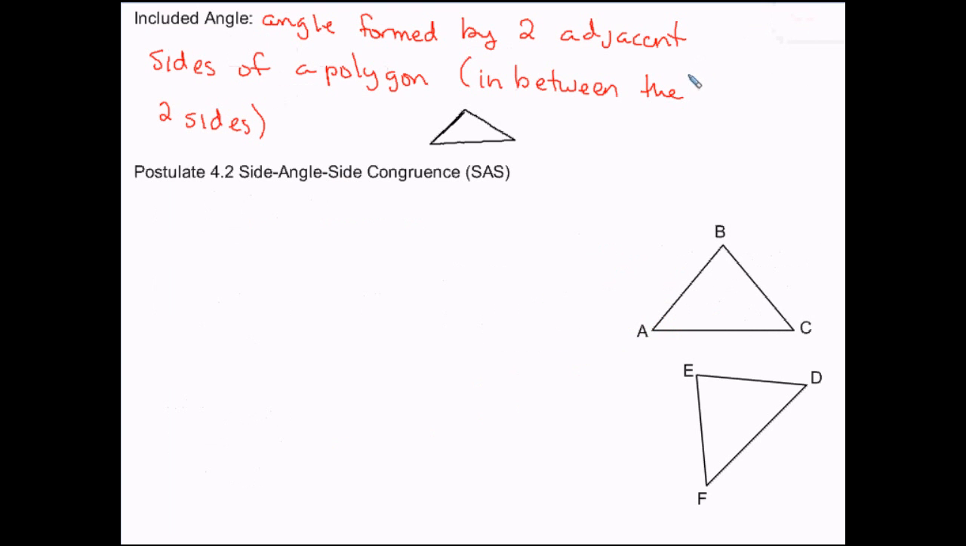To do side angle side congruence, we talk about the included angle, and that's the angle formed by two adjacent sides so that it's in between. So if we're looking at this side and this side, our included angle is right here in between. And so we'd say side angle side. It has to be in between the two sides. And so our side angle side congruence is if two sides and the included angle